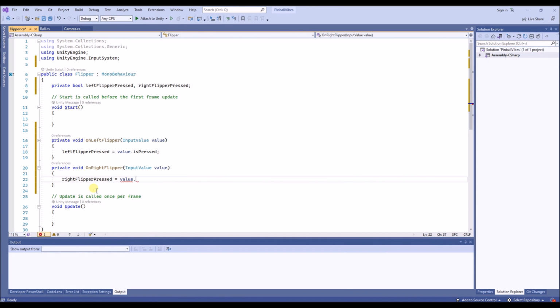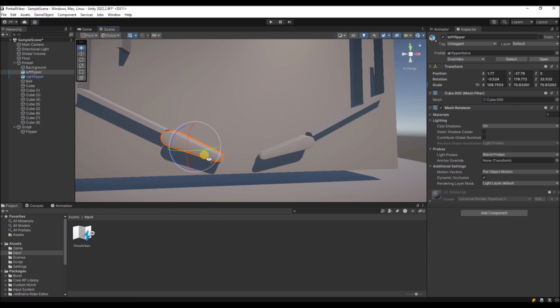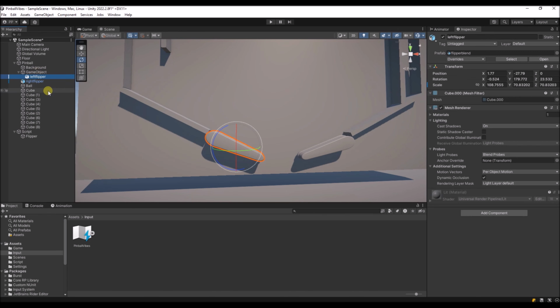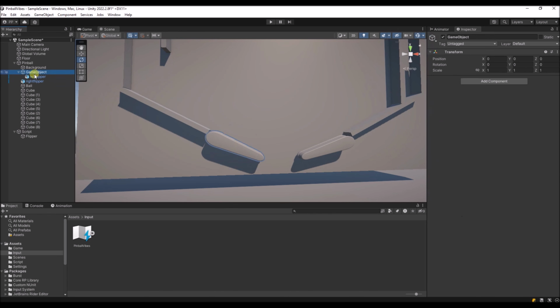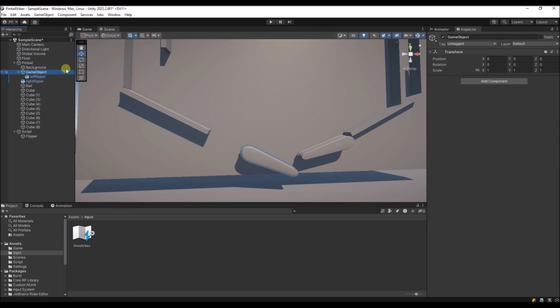Now we need to make the flipper move. If you're going to rotate it like this, it will rotate around the center. So the point of pivot will be at the center. So that's not what we want. We want the point of pivot to be over here. You can do that by creating an empty game object and putting the flipper inside it. And now if we offset this child, and we rotate this parent,